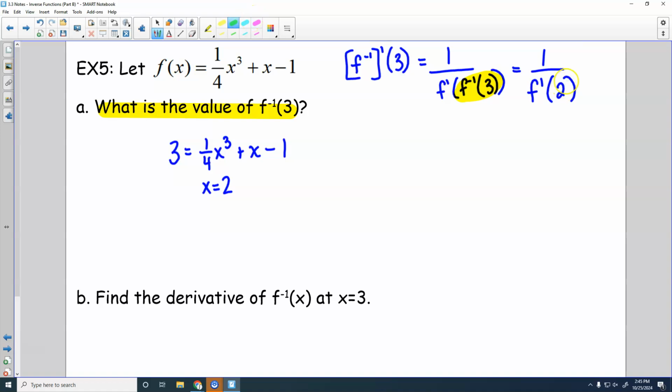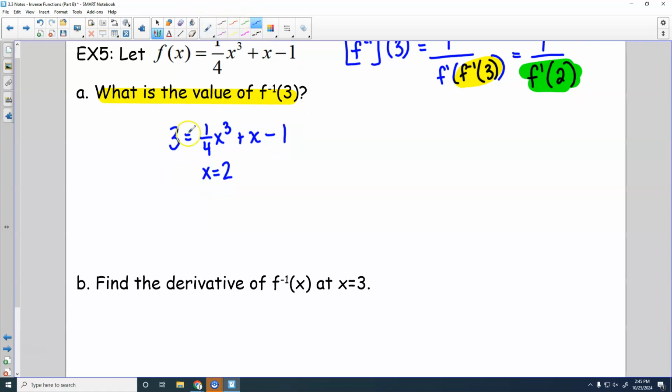So now we must find F prime of 2. Thankfully, F prime is very easy to find, right? It's just a straight power rule problem. So F prime of x is going to be